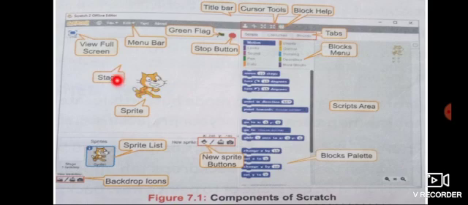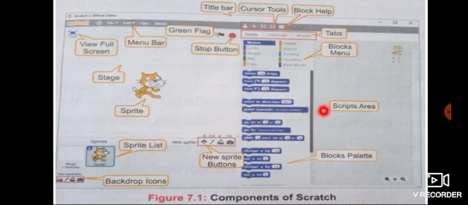Second is the stage. This is the main working area where the sprite moves and performs actions as per the given instructions. Third is the block palette. The block palette contains the set of blocks which are used to program the sprite and give actions to it. Next is script and script area.